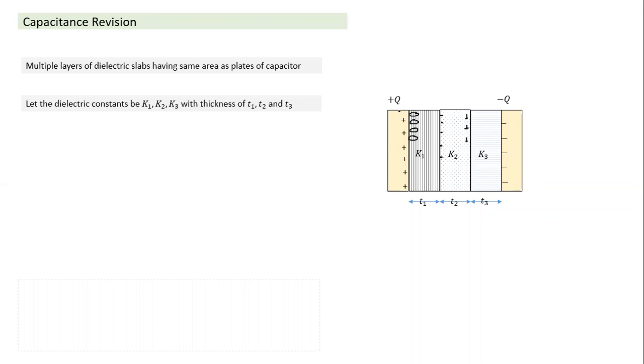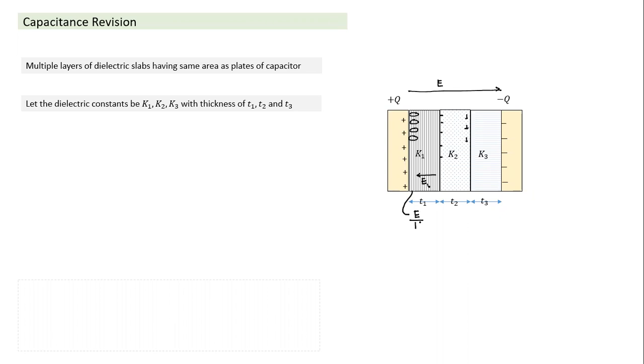There's an external field created by the charge Q. External field, if it is like this, all through, this is due to charge on the plate. This is the external field created. And because of polarization, because of dipole orientation, there's a sheet charge within the dielectric, and this field is in the opposite direction. So there's an induced field which is in the opposite direction, and net field is external field minus induced field. That's the reason net field is lesser than external field,